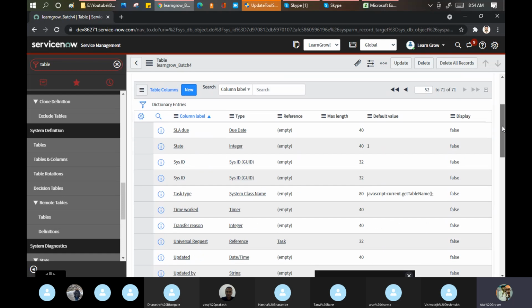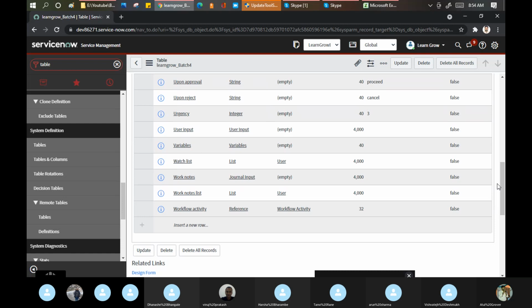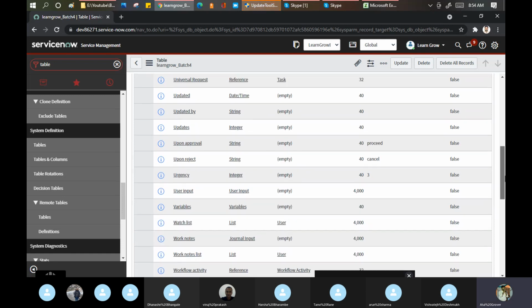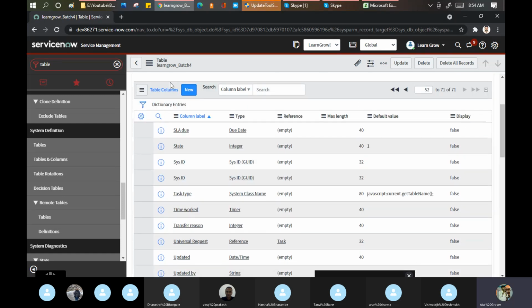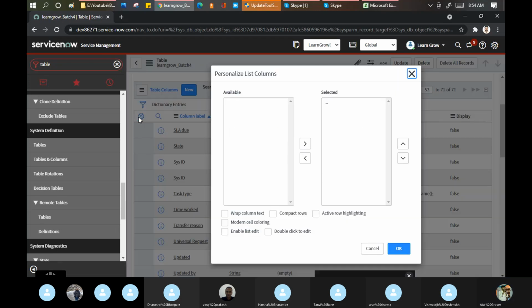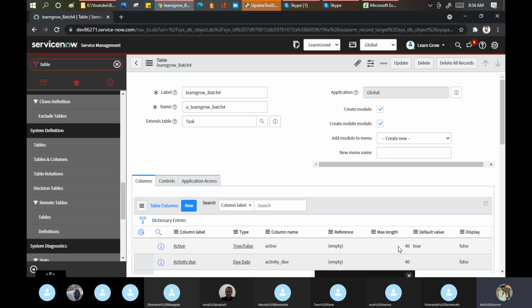But my question is, if you create any new table and you are not going to extend that table, then how many fields will be created automatically? That is my question for you guys. Clear question? Any doubt? Any question? Yes or no? Easy to find out, not very tough.